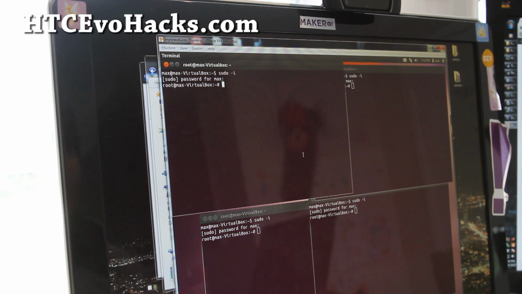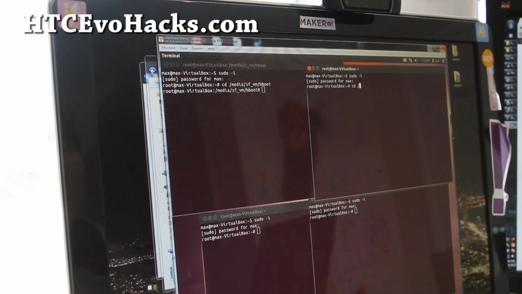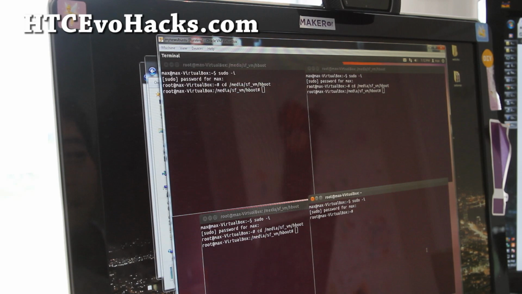Next, you'll want to change the directory to where you copied the files to. For me, it's /media/sfvm/HBOOT. Alright, so I'm going to do it for all of them. cd /media/sfvm/HBOOT, and cd /media/sfvm/HBOOT. Also here's /media/sfvm/HBOOT. Alright, and once those are set, I'm gonna enter for window 1,